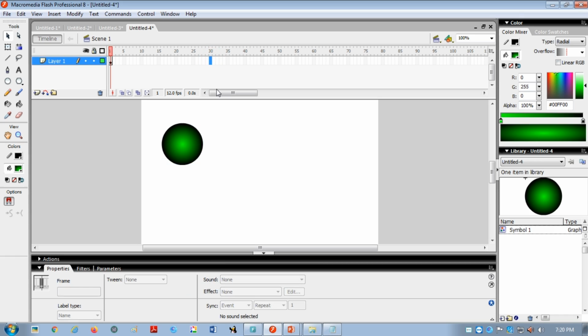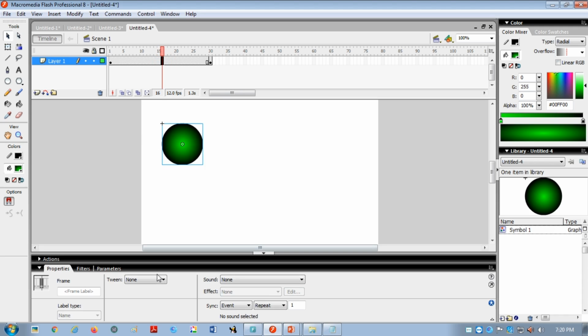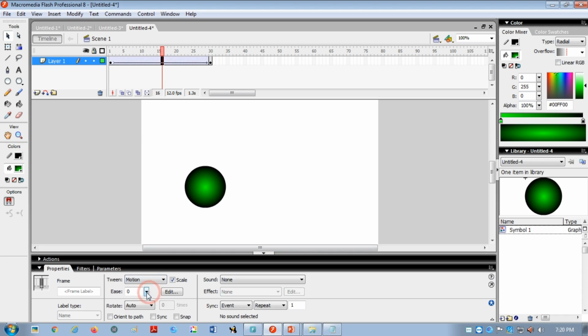अब आप F6 दबाओ, you have to press the F6 key like that, okay? And then you have to move this ball like that. Now anywhere in between this, click here this time frame and just select the motion tween. तो अब देखोगे यहाँ पे लाइन आपको स्मूथ मिल गई. स्मूथ मिल गई मतलब आपका जो भी प्रोसेस है आपने सही किया है. कहीं पर भी अगर डॉटेड लाइन आ गई यहाँ पे तो मतलब एनिमेशन आपका प्ले नहीं होगा.